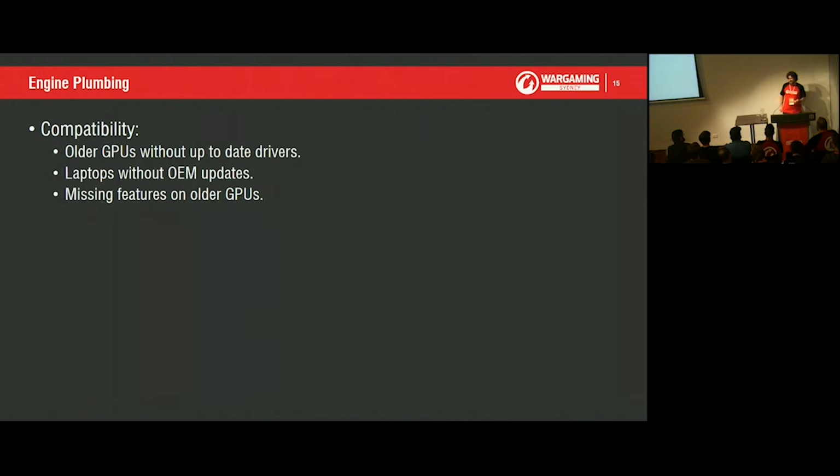For example, because of the age of some of the hardware we supported, and DX9 as well, there was a DX10 feature which we needed for the deferred renderer, which was sampling from the depth texture. That's exposed through what was called INTZ, and not all GPUs supported that. Basically, any DX10 level GPU did support it, but if we were running on an older GPU that didn't, we still had to use the forward renderer, so we had to gracefully fall back there. In the resources, I've got a link that you might like, which is the ARIS D3D9 hacks, a comprehensive guide to all of the hacks that DX9 has that you can use and what GPUs support them. Anyways,